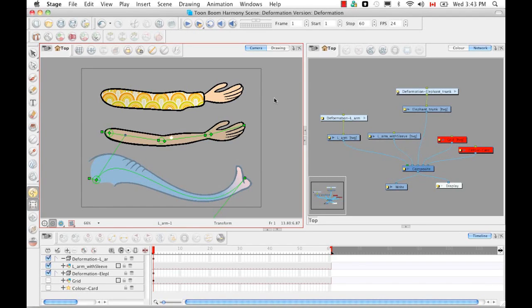The two main types of deformers are the bone deformers, which we can see an example of here, and a curve deformer, which we can see here on the elephant trunk. Within the network view, these two types of deformation chains are always within a group, so we can't see them, but they're the light blue groups above their drawing object. So this is L_arm, left arm, which is this object right here, and its deformation group, which happens to be bone, sits on top. And this elephant trunk right here has a deformation group just above as well, which happens